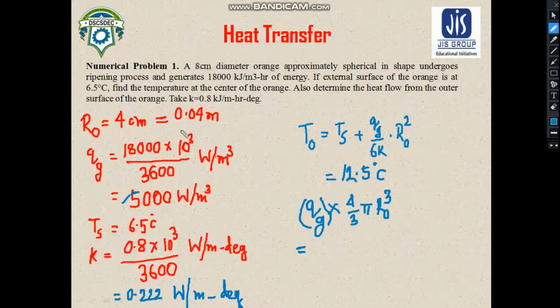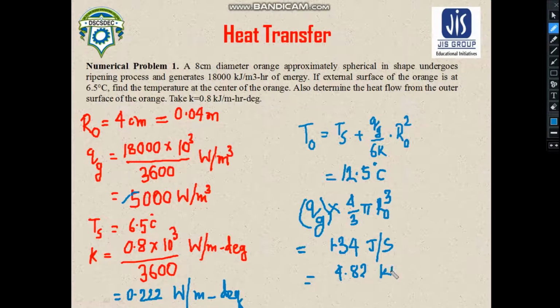You know R0 is 0.04, you know Qg is 5000, and ultimately you will find it would be 1.34 joule per seconds, which can also be written as 4.82